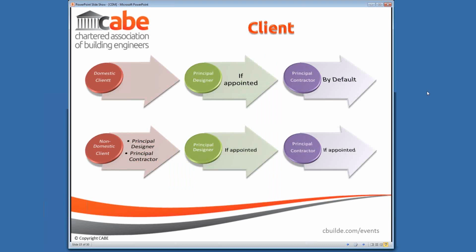The client could choose to make the designer, the architect, whoever's prepared their plans for them, a principal designer and take on some of the responsibilities. They could obviously contractually ask that principal designer to do some of the coordination role, in the same way that they may engage a separate individual to do the CDM coordination. But legally, there are these defined roles in relation to projects. And as far as a domestic client is concerned, the duties by default go to the contractor, on the hope that they've got slightly more knowledge than the client may have.